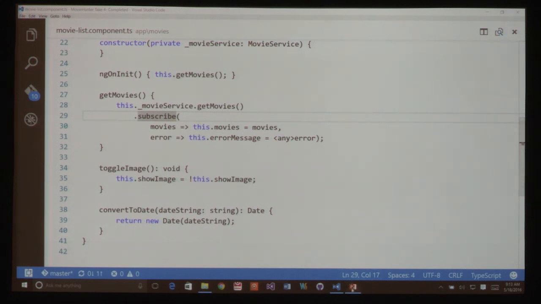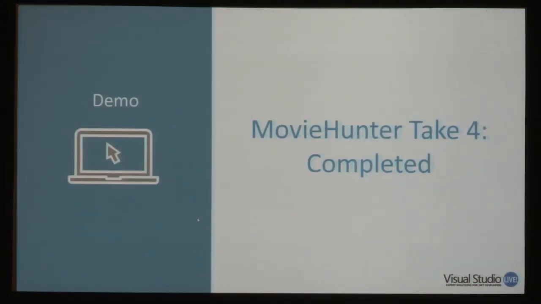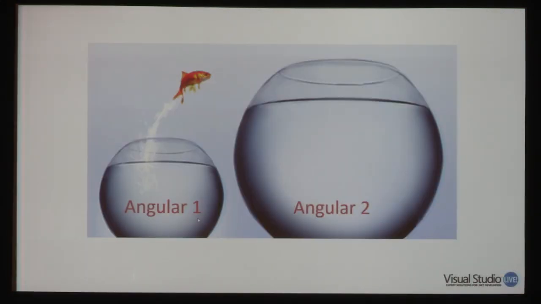So let's finish up. If you're familiar with Angular 1, moving to Angular 2 may feel somewhat like this, because there is a tremendous amount more to learn for Angular 2 than there was for Angular 1. You've got to learn about observables. You've got to learn about System.js or some kind of package manager. You've got to learn TypeScript. You've got to maybe learn a new editor like VS Code. So there's just a huge amount. You have to learn ES 2016. There's just a lot more that you have to learn.